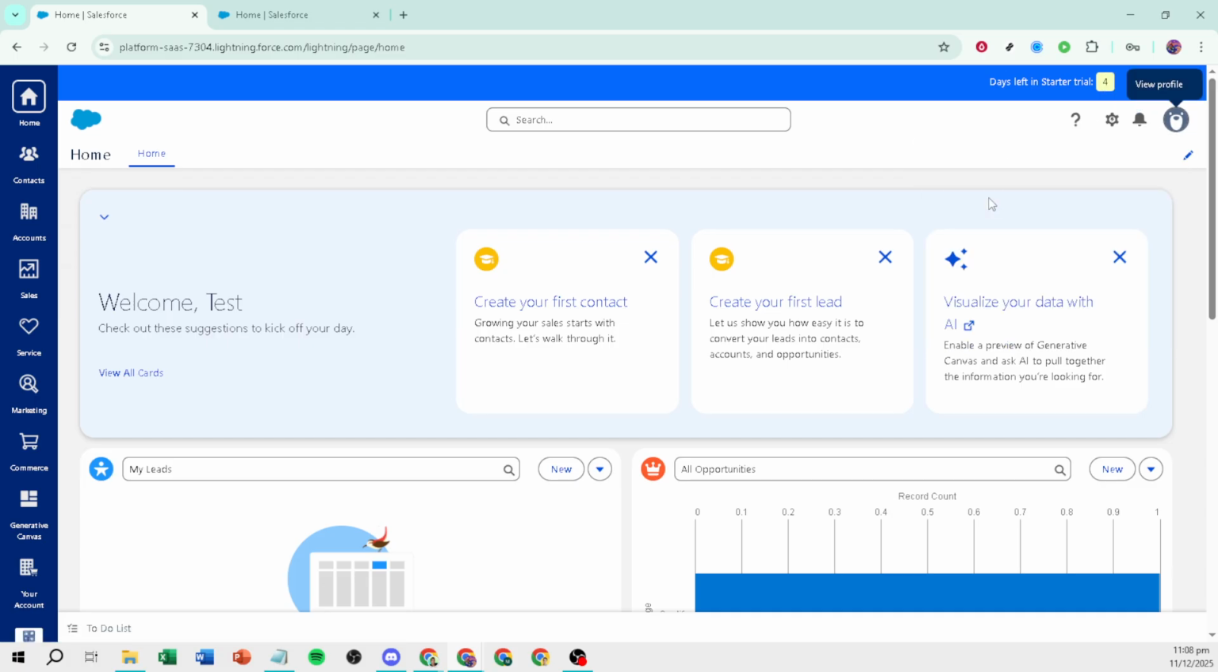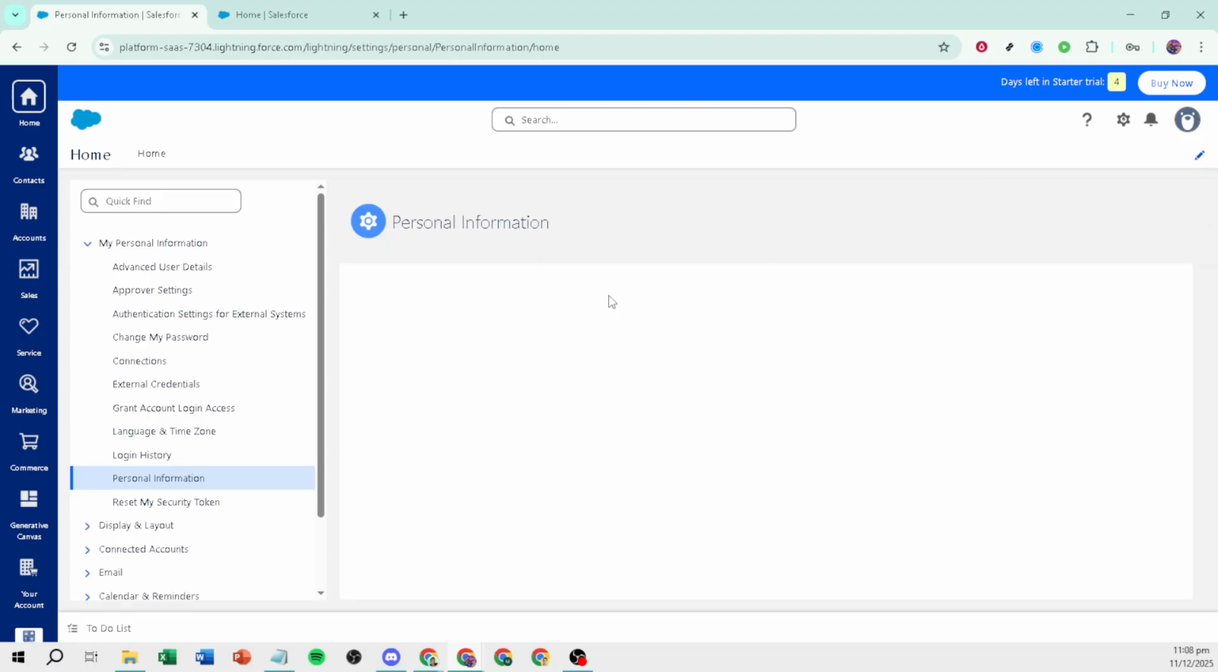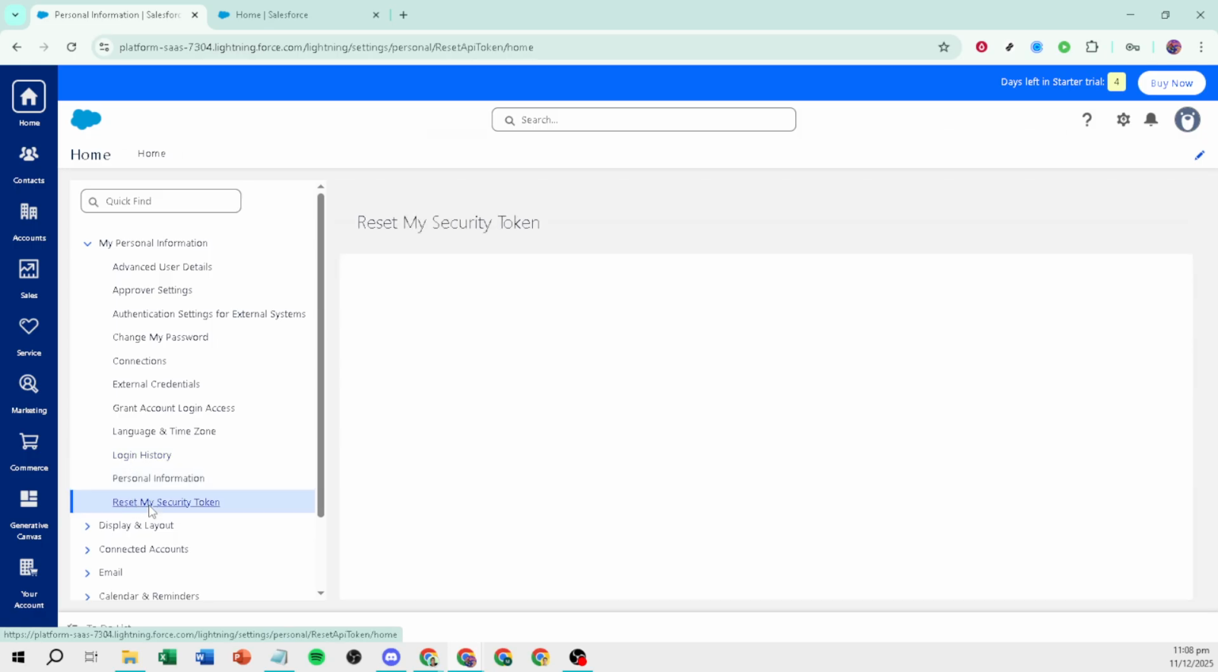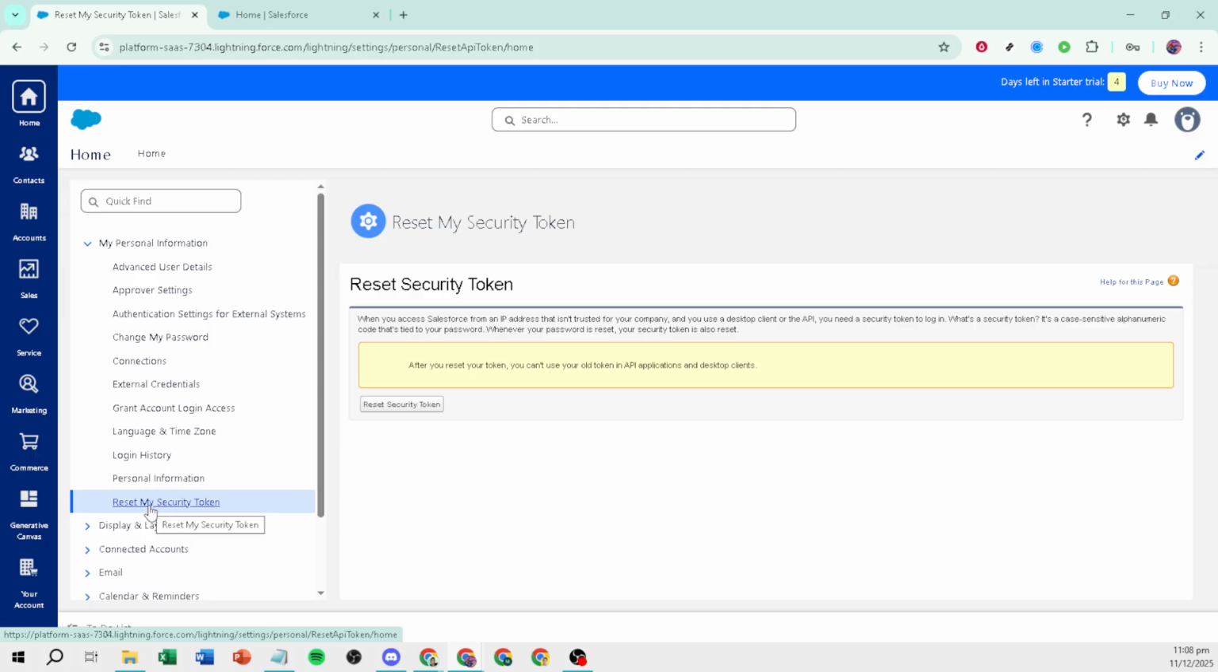In the Settings panel, find the option labeled Reset My Security Token. Depending on your layout, it may be listed under your personal information or security sections. Click it to open the Reset page. On that page, you'll see a button to reset your security token. When you click it, Salesforce immediately generates a new token for your user and sends it to the email address